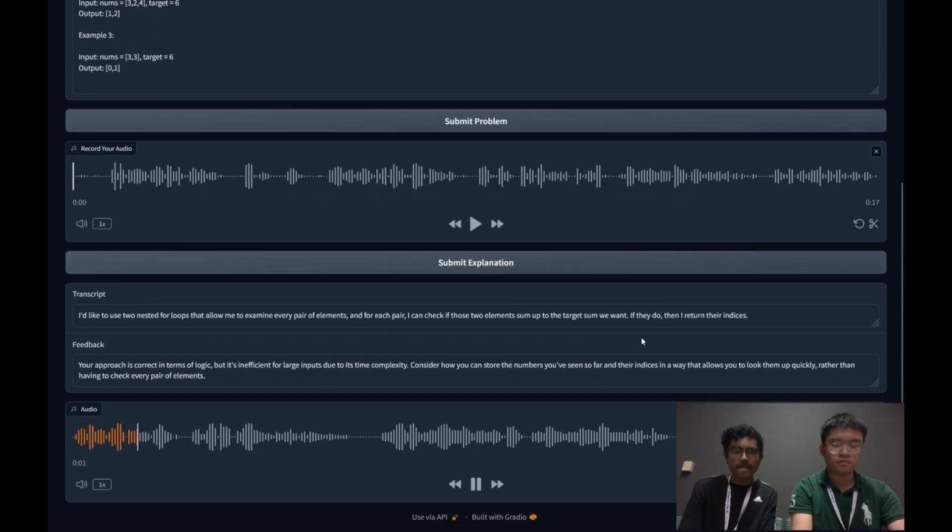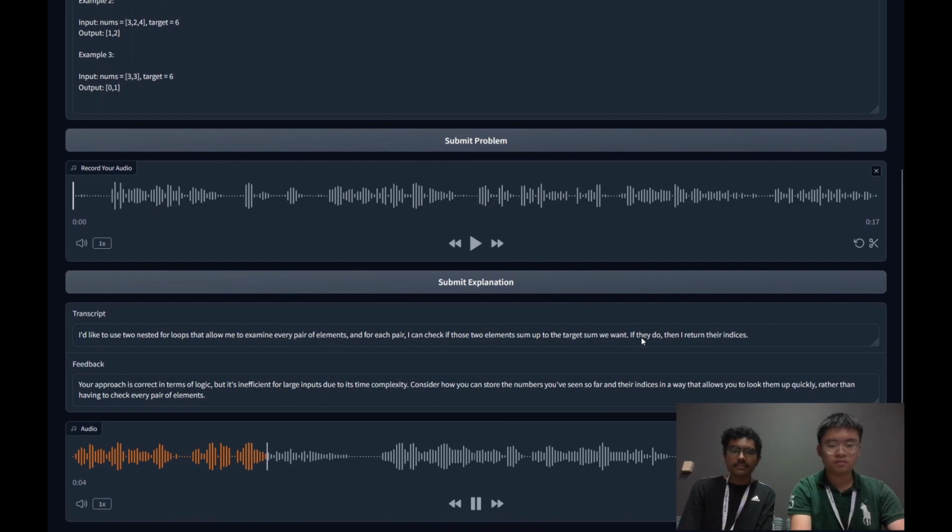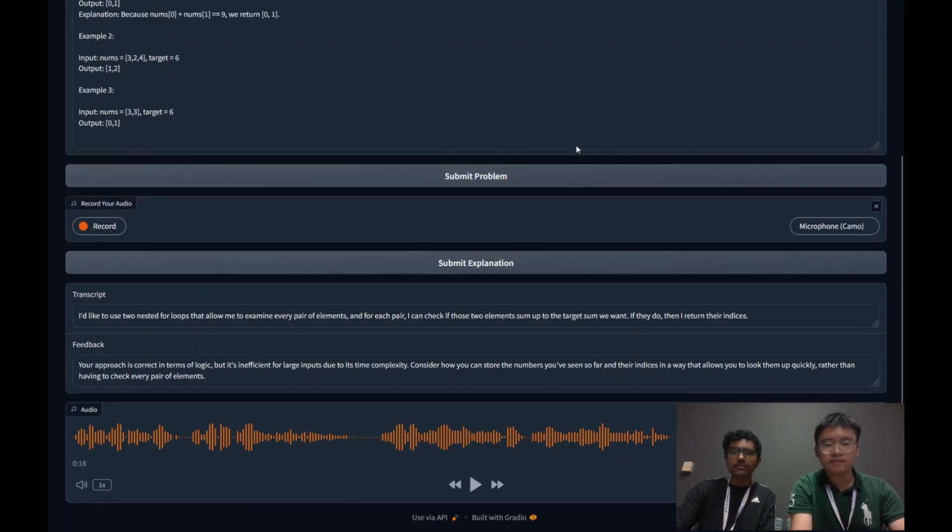"Your approach is correct in terms of logic, but it's inefficient for large inputs due to its time complexity. Consider how you can store the numbers you've seen so far and their indices in a way that allows you to look them up quickly, rather than having to check every pair of elements." Okay, so what DaVinci Solve has told me here is that my algorithm is correct, but the problem is it's not very fast, and this explanation is really helpful because it also gives me a hint on how to move forward using a way to look my indices up quickly,